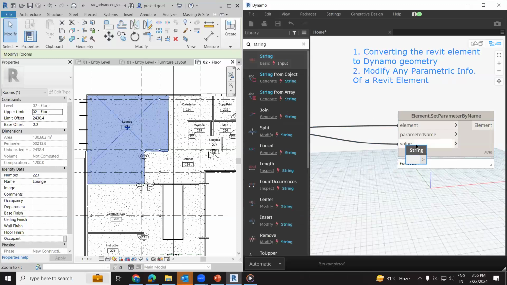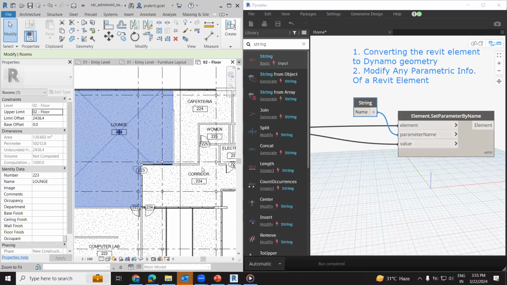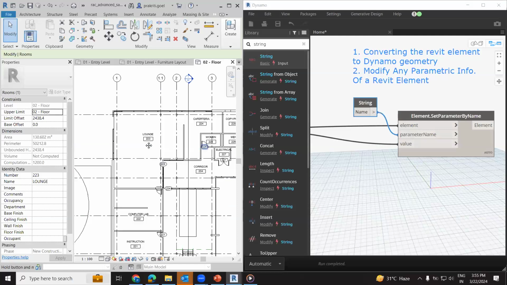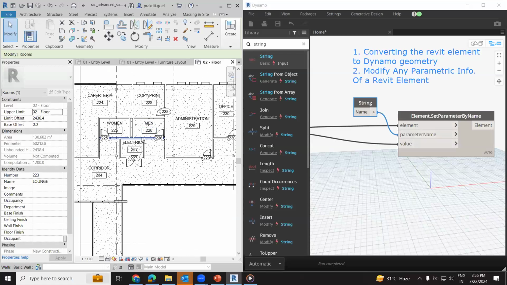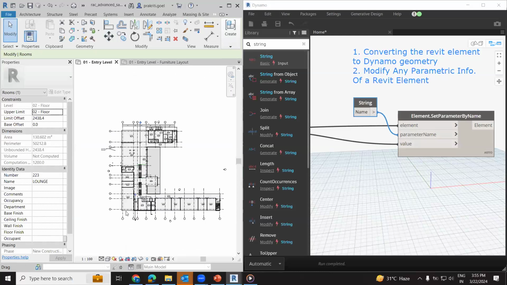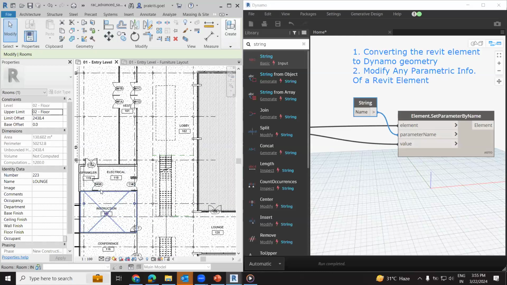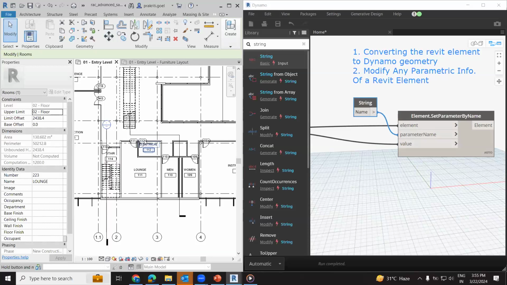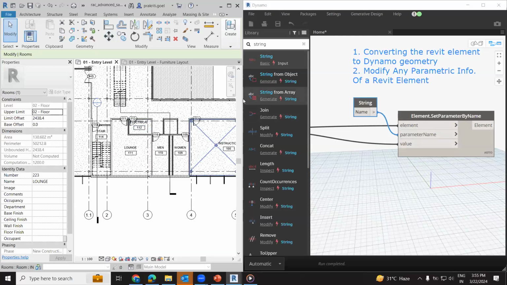So let's go for the name over here, right? I'll just connect it over here. So you can see, wherever we have the room names, everything is now updated. Similarly, in every floor, like in your entry level one, so this is actually the second floor. So in entry level also the updates have been created, like you can see,